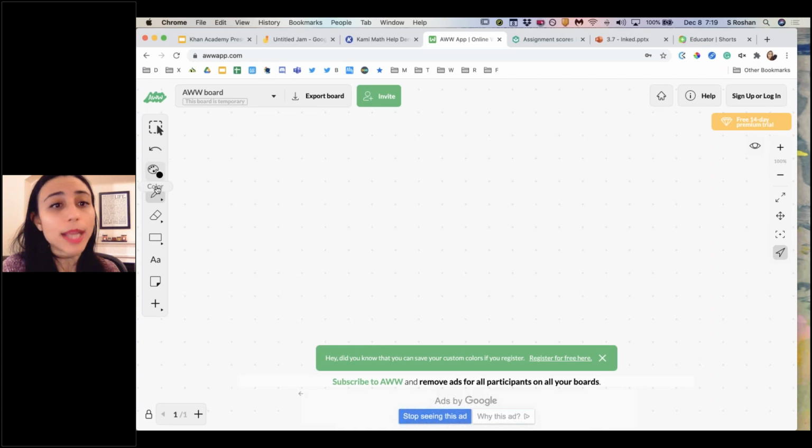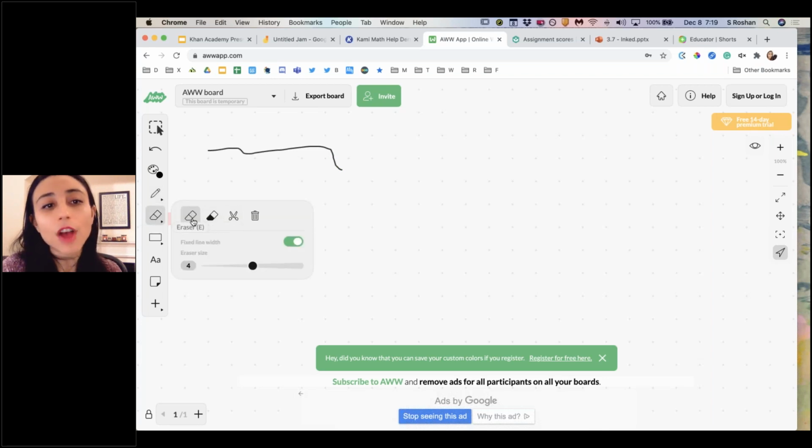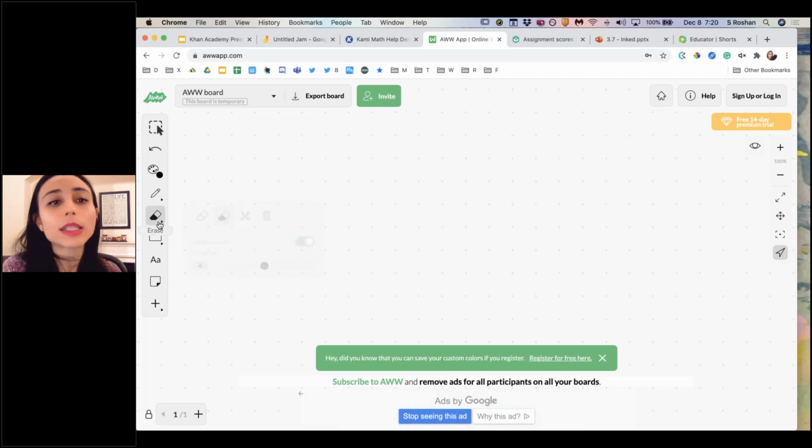There's an undo button very easily. And then again, you can be writing as you're talking. You have the eraser tool, and this one gives you a variety of options where you can change the size of the eraser. You can also erase the whole thing in one click, which makes it a little bit easier to use than erasing little by little, especially when you're doing a whole lesson. I know it sounds minor, but it can be very helpful.